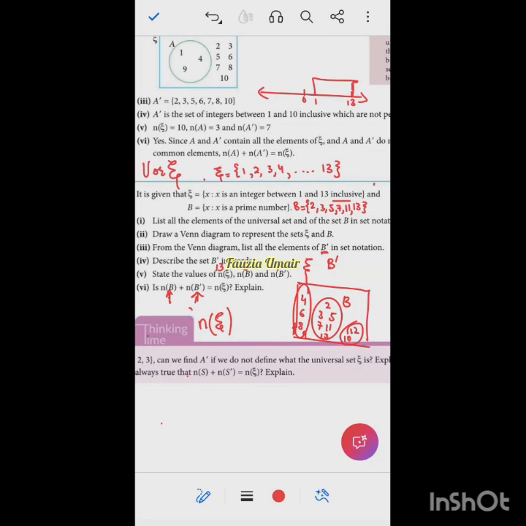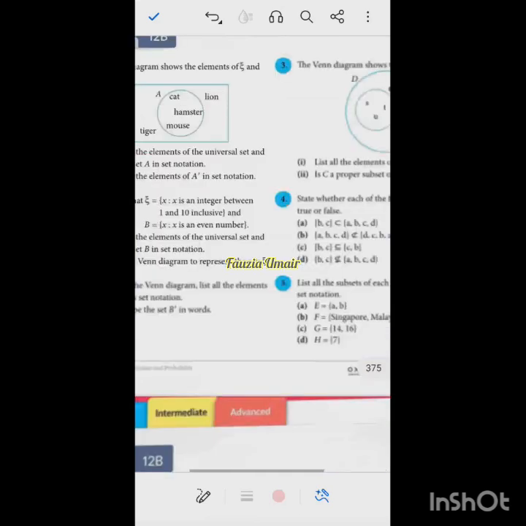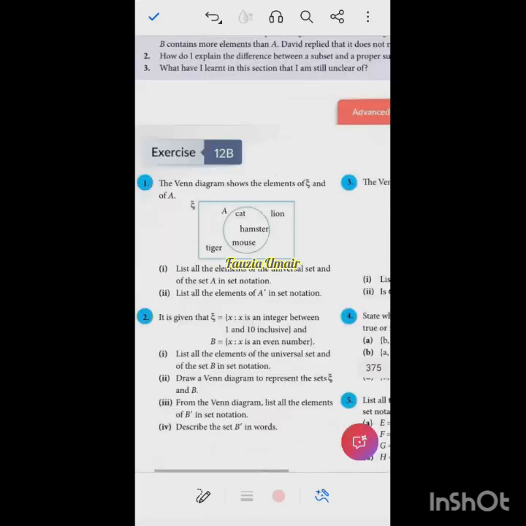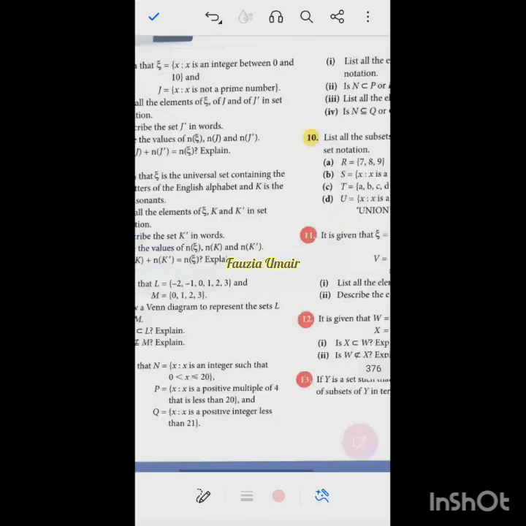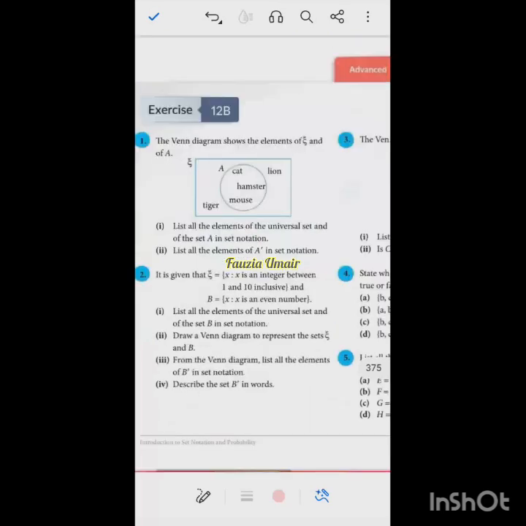Okay. So we will do the questions of 12B later in the class when the school opens. We will start with this exercise. First 10 questions we need to do. We will do it in the class, inshallah. From tomorrow onward, because we have 2 more online classes, we will do it then. Okay? So that's all for today. Thank you for